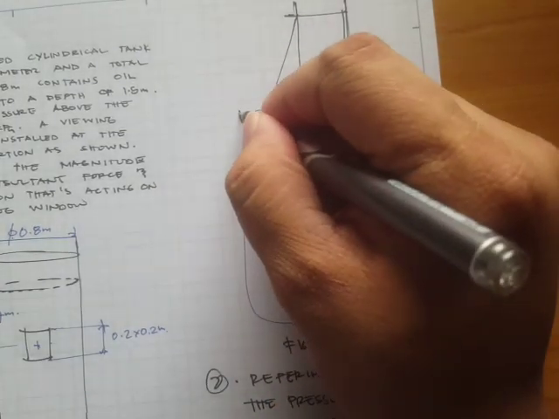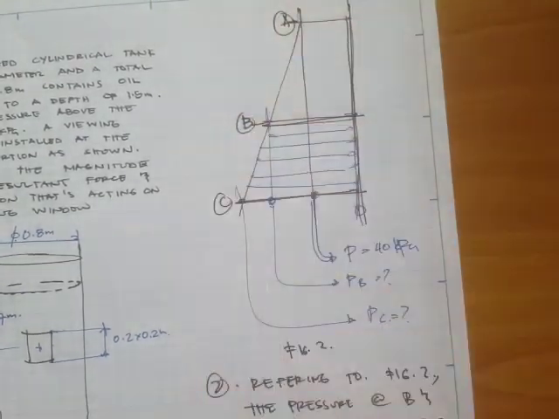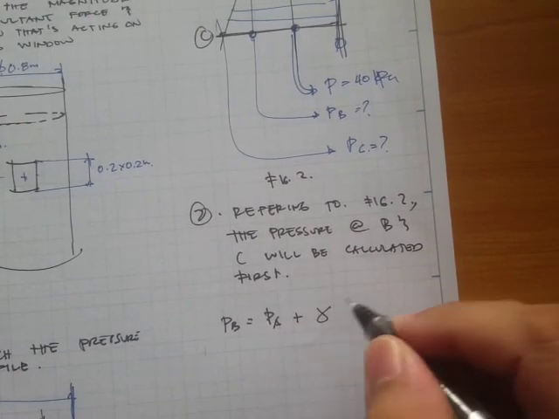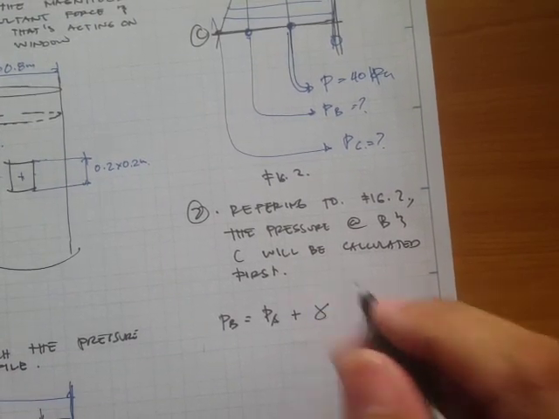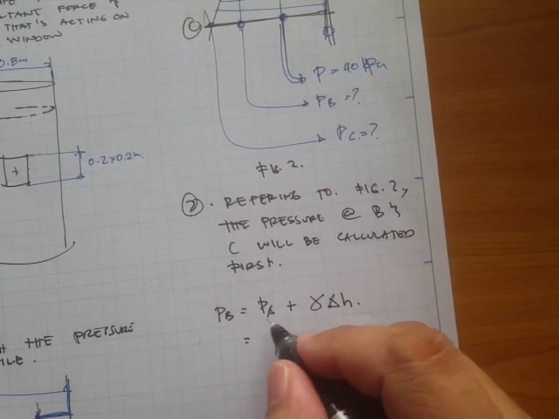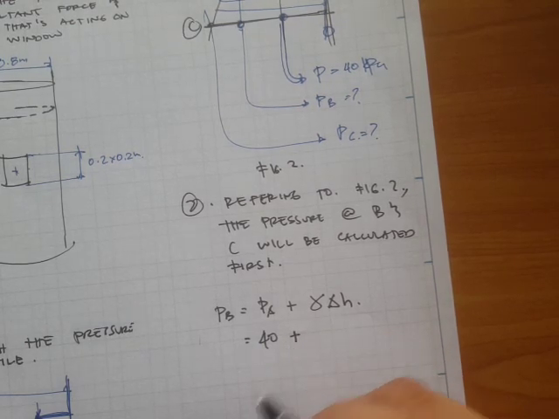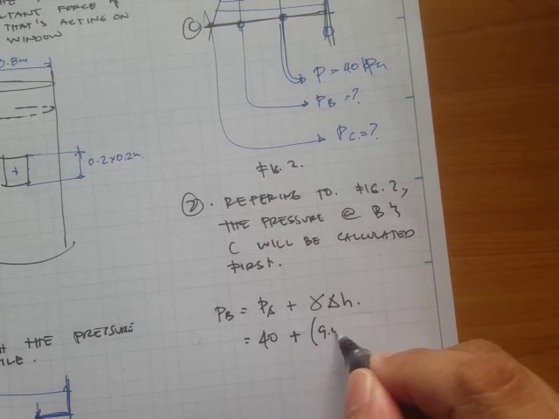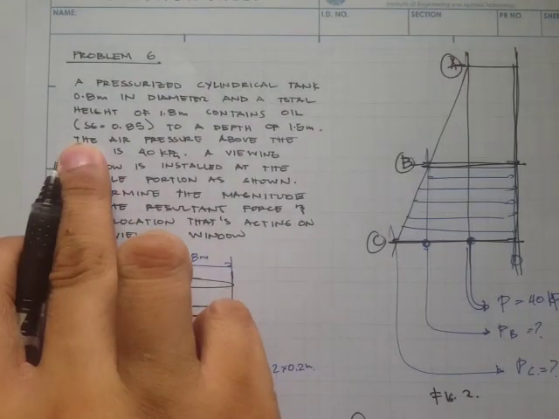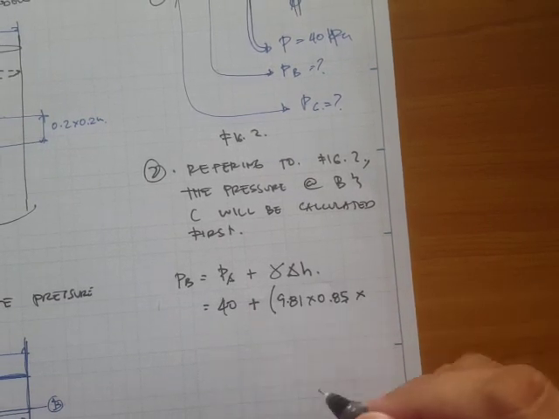That's right here. This is our B, this is our C, and this is our A. Okay, so PB is equal to PA plus this one, delta H. Okay, so our PA is 40 kPa, and this one would be plus 9.81 times the specific gravity of the oil, 0.85, times